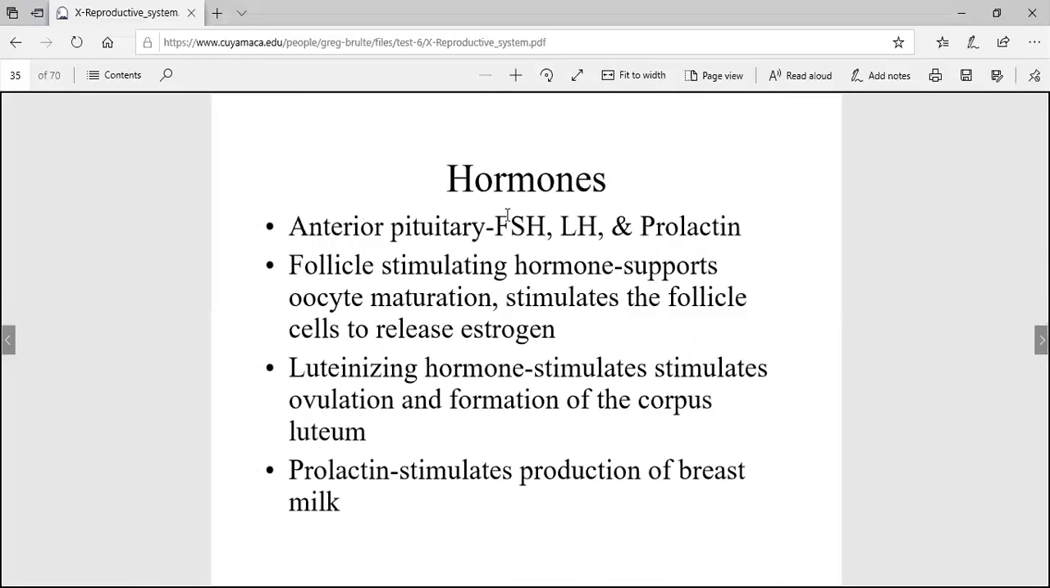So FSH and LH we talked about. Prolactin, that's to do with milk production. Follicle stimulating hormone supports oocyte maturation and stimulates the follicle cells to release estrogen. Luteinizing hormone stimulates ovulation and formation of the corpus luteum, right? And then prolactin stimulates production of breast milk. Okay, so